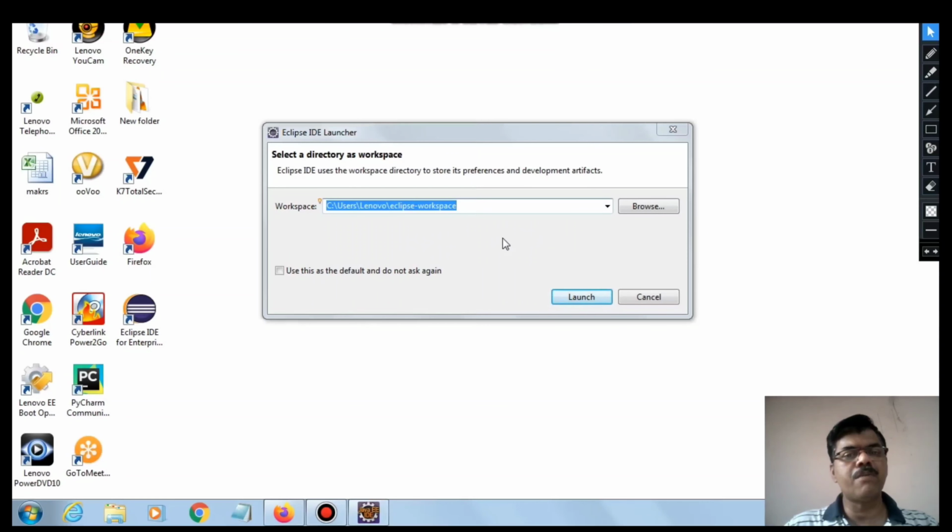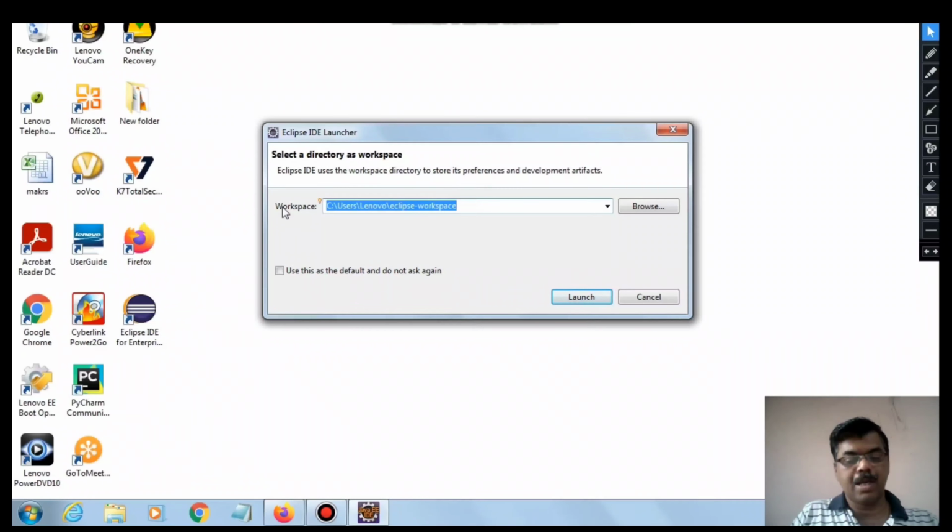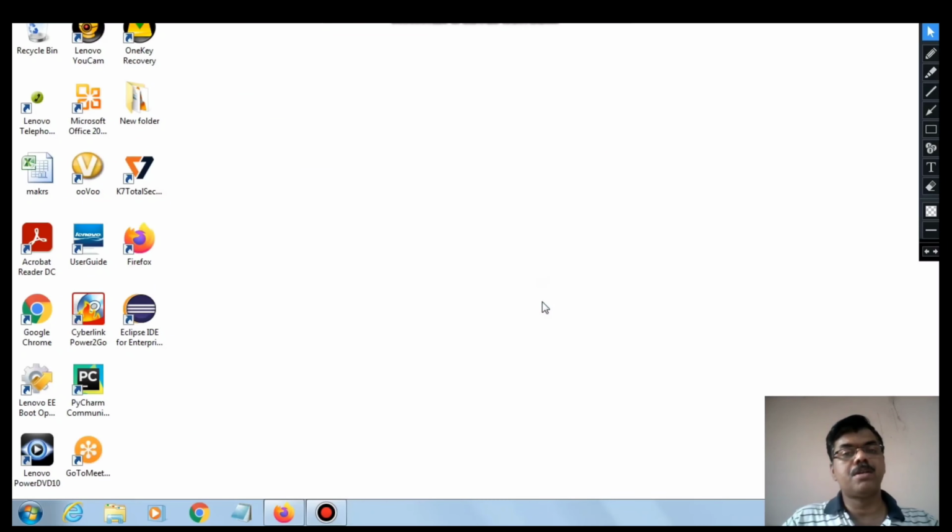It will ask you to choose a workspace. You can select some workspace. Let me go with D:/Java programs. You can choose a workspace here. Say launch, which is going to open Eclipse for us.